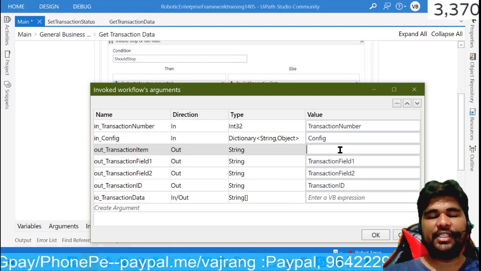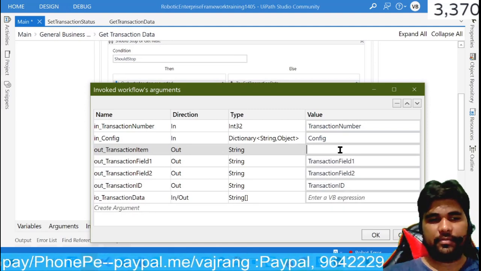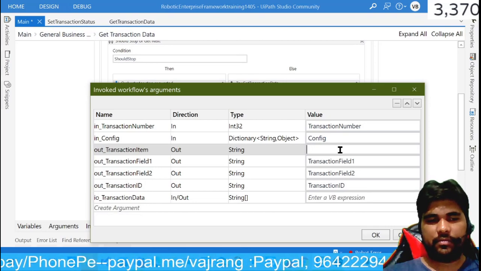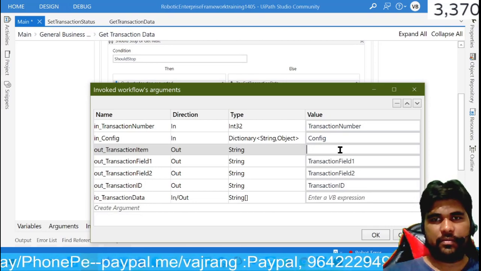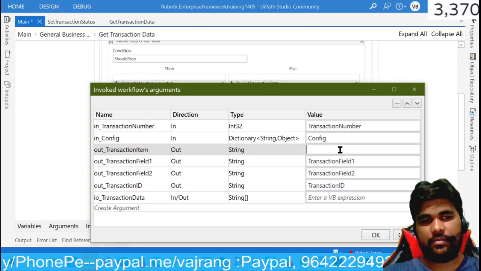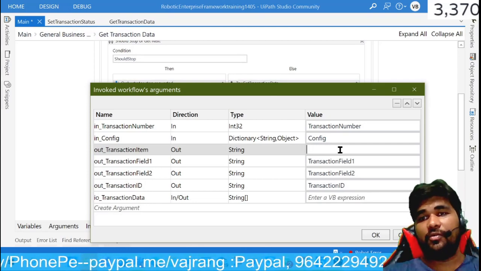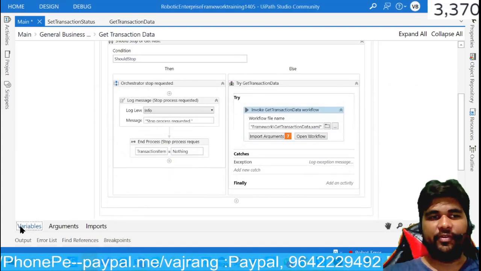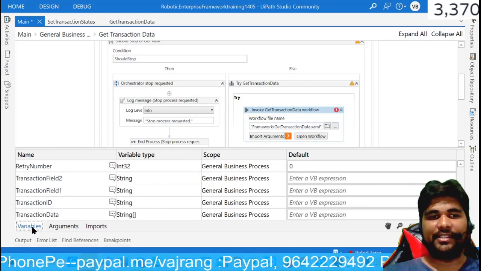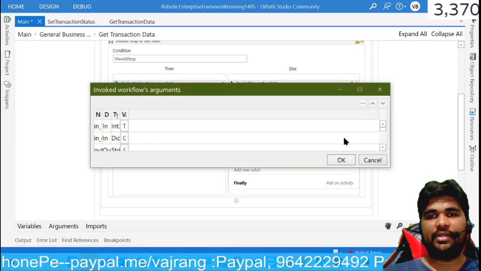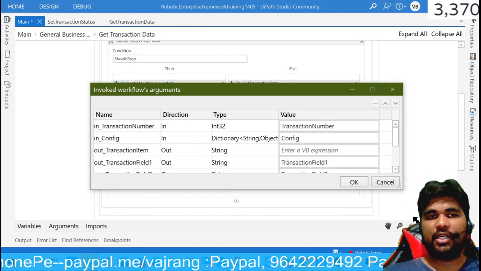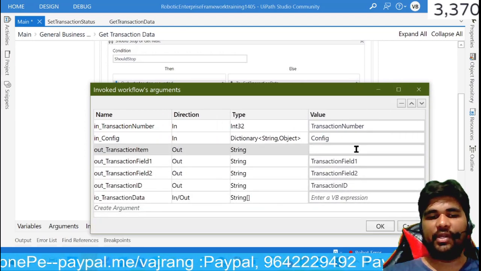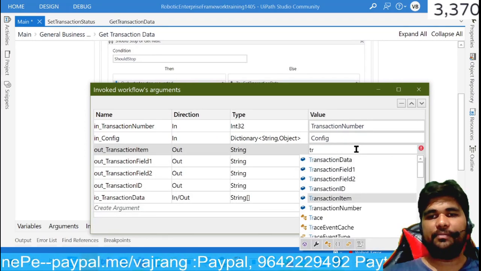What variable should we assign it here? IO transaction item. So you are out of the flow in the main Transaction workflow. Item, sir. Exactly. So here we need to save it to transaction item. So whatever transaction item we get from there, we are getting it in the transaction item variable.